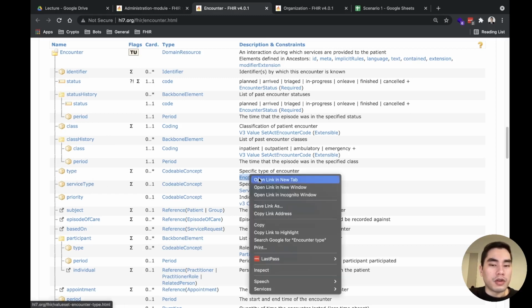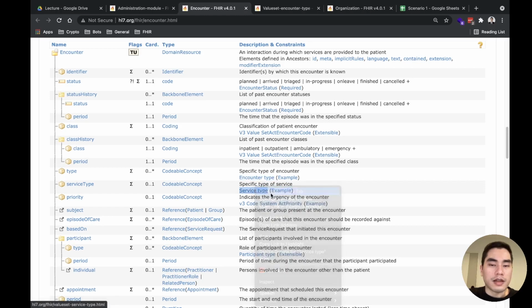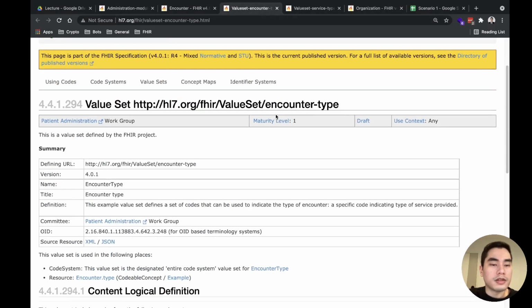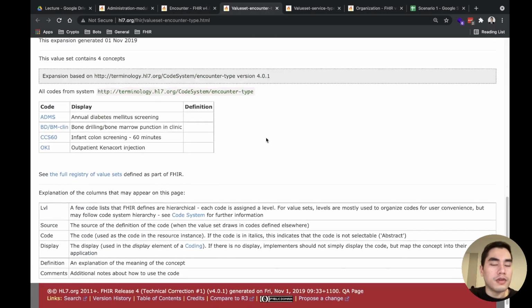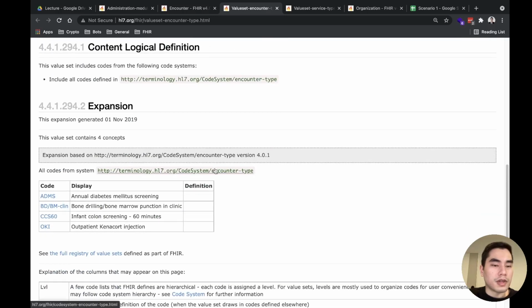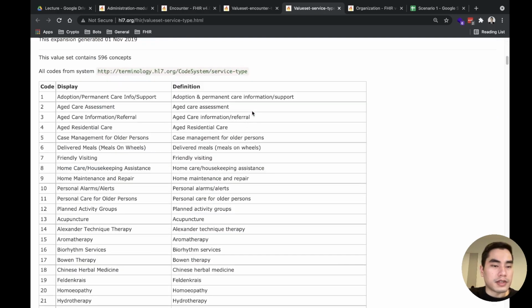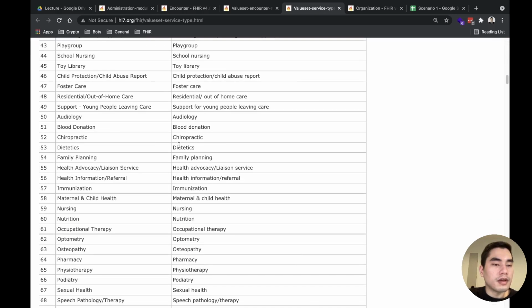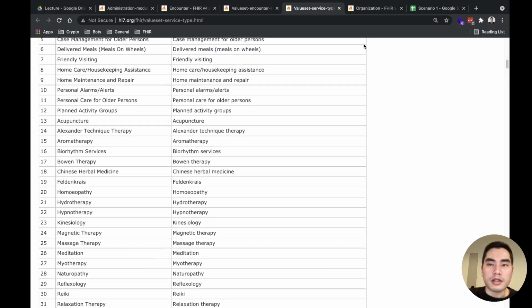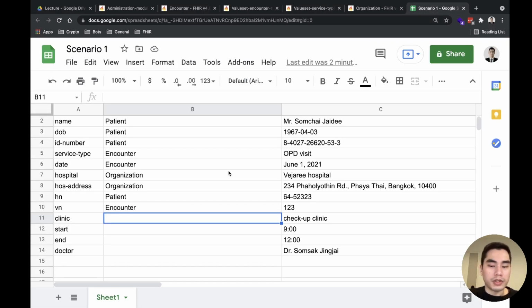If you're not sure, you can look at the value set inside, and see what value set they allow. This one is from encounter type here, and this one is service type. I think in this case, service type seems to be more suitable. Then I use encounter.